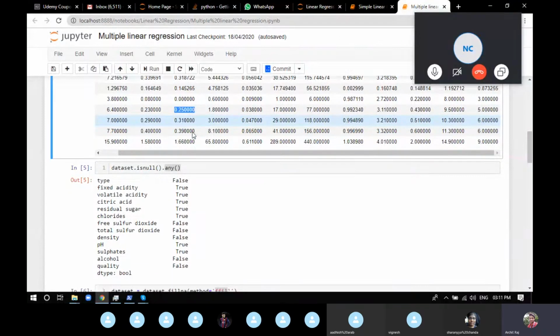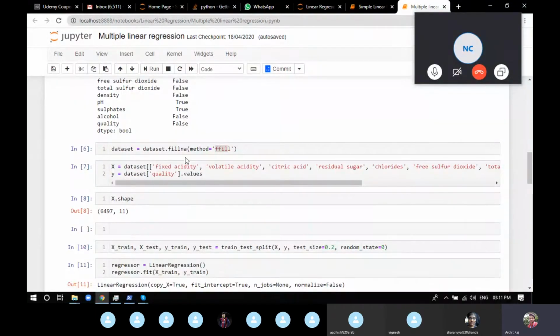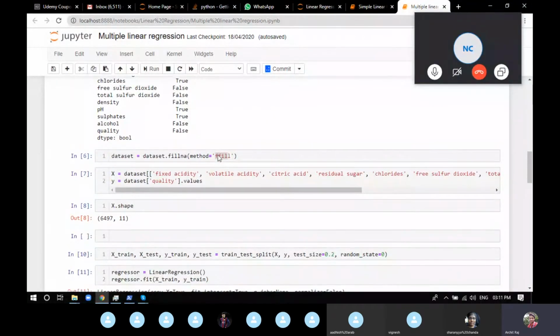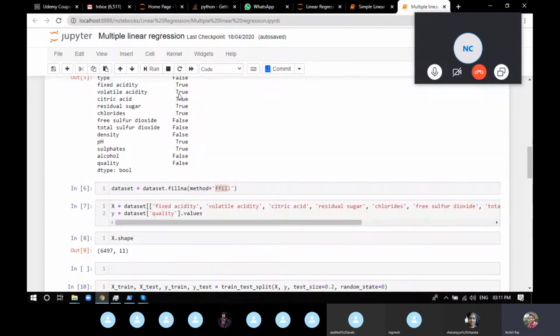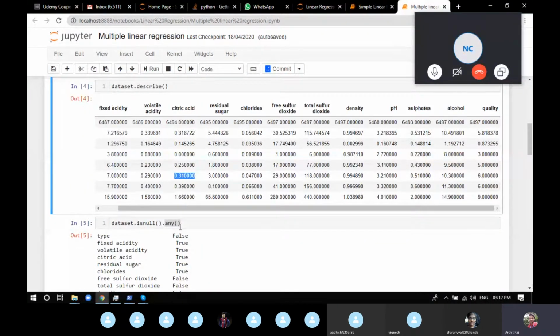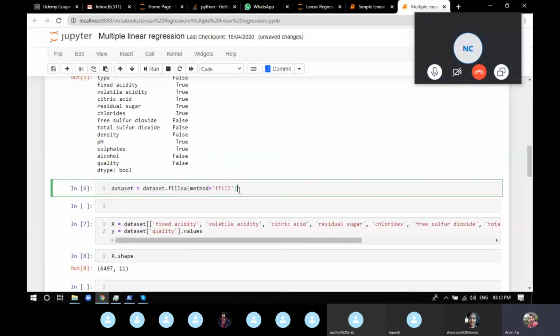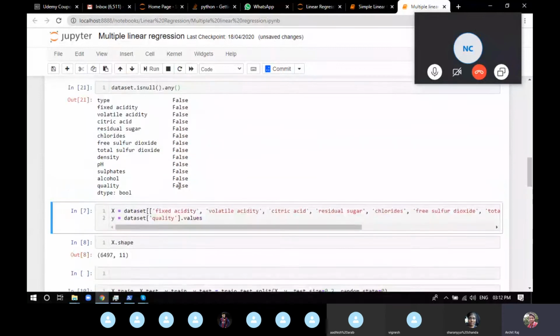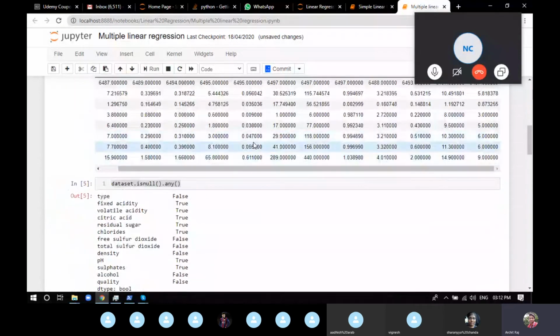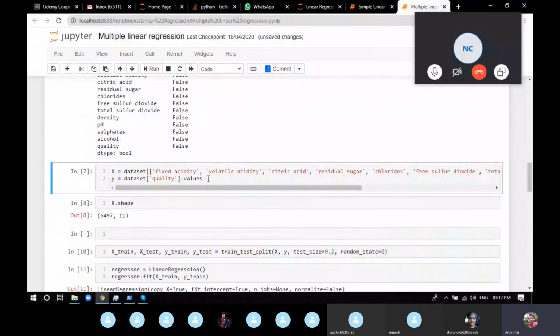then you can just use the fill methods. So forward fill will go to each and every place where there's a missing value, check the next place, see what data is there, and copy it to the previous value. So we fill the data set again. Now again, if we check the line, let me copy the line. Now we execute. Now you can see everything is false. It means now your data set doesn't have any missing values.